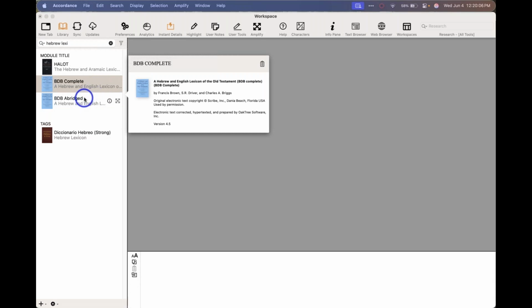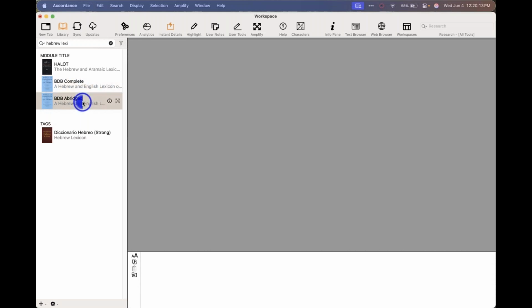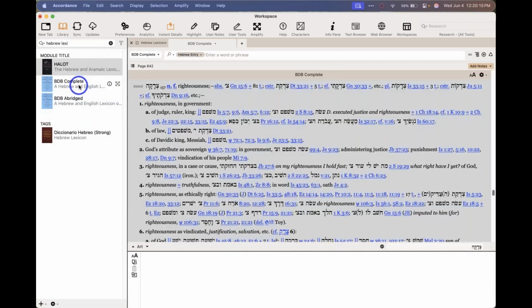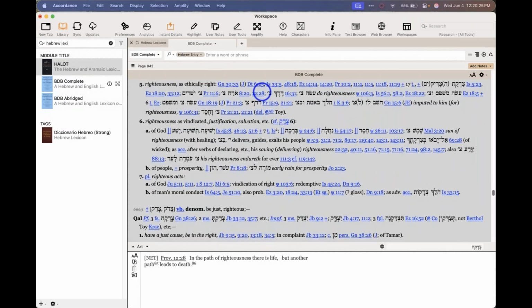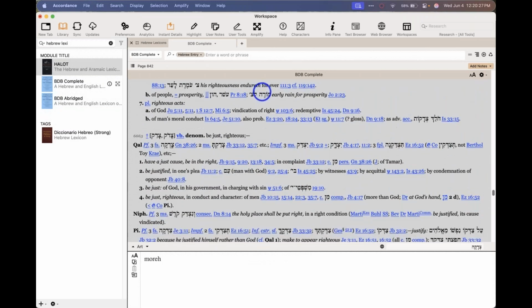It's cheaper. I think it's in the public domain too. If you want to find it online, there's an abridged and a complete version. Yeah, I think the general consensus, at least among scholarly types, would be that Halot is more reliable, more up to date. I wouldn't say don't use BDB,